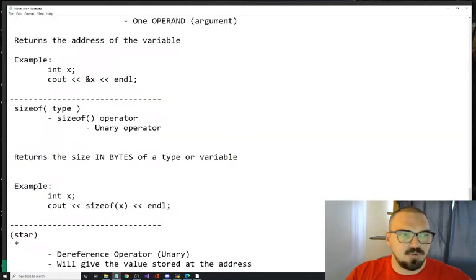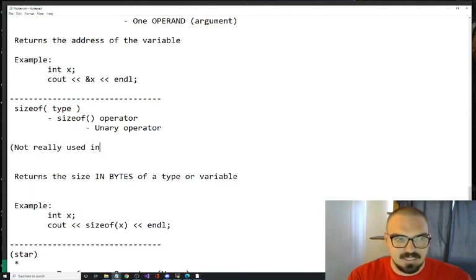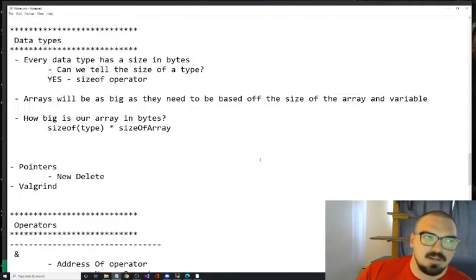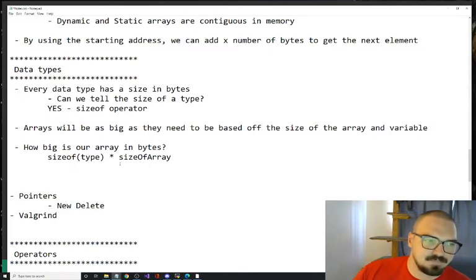But just so you know, I'm going to put in parentheses, not really used in C++. But if you're ever wondering, say you declare your own class, my class MusicalChairs, how big is it? You'll type sizeof(MusicalChairs). It'll tell you exactly how many bytes that is.